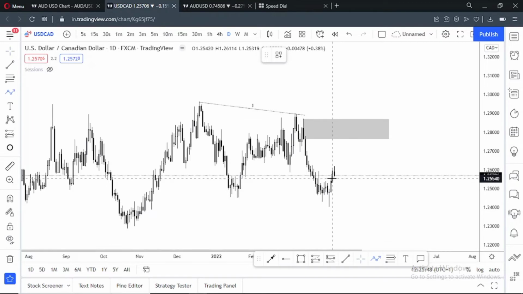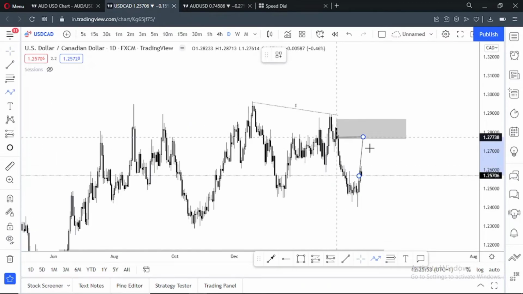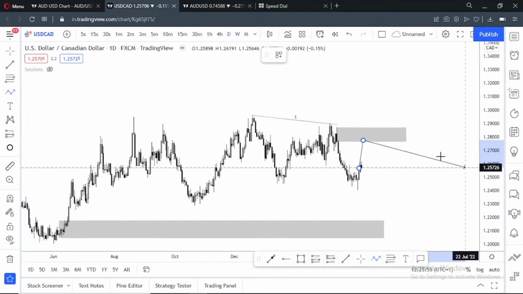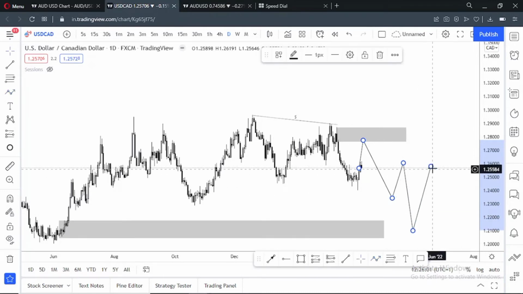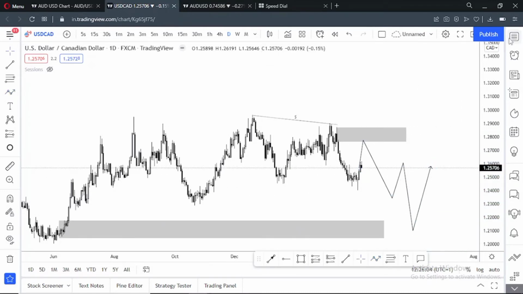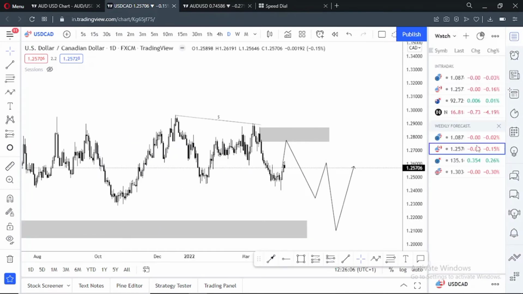But still, I'm holding my bias that price can maybe pull back to here, then maybe make a new lower low, then pull back again, then maybe touch here before coming fully bullish. But let's just see what price wants to do in that sense. Now the next pair,